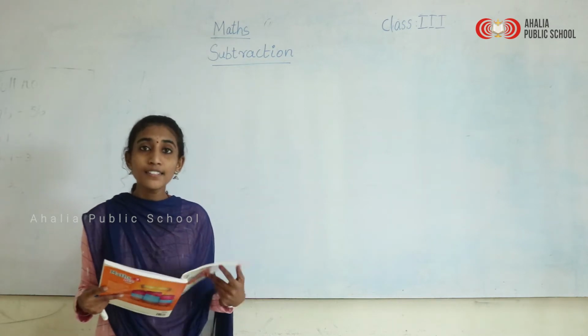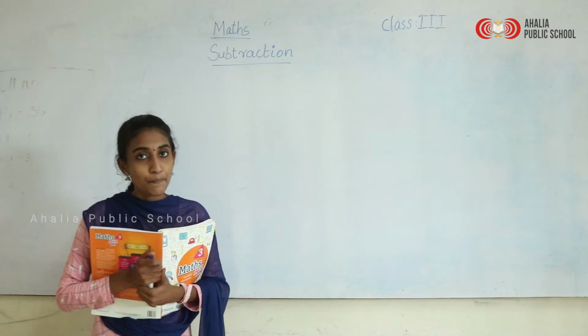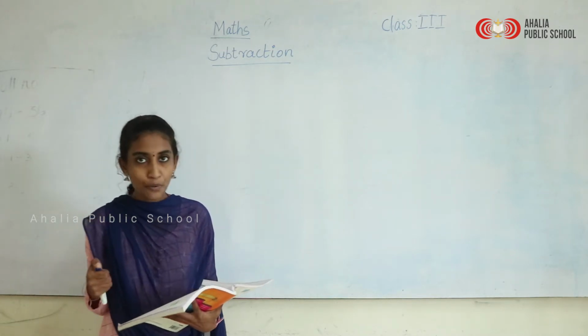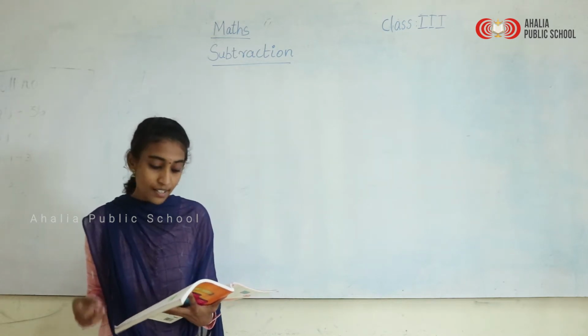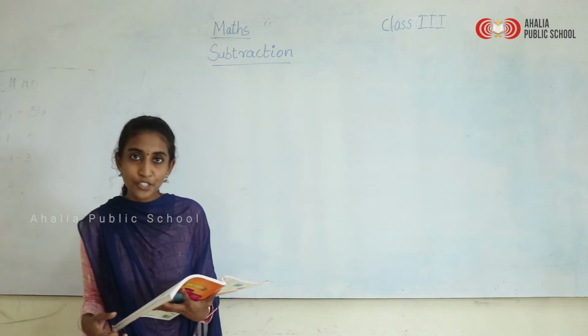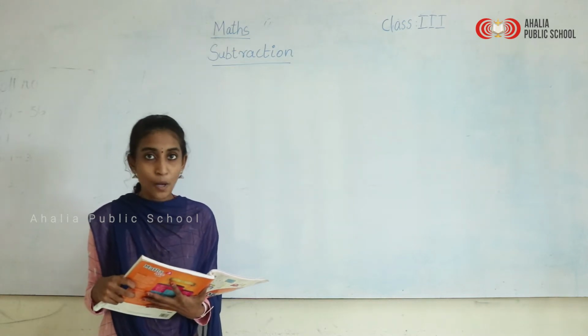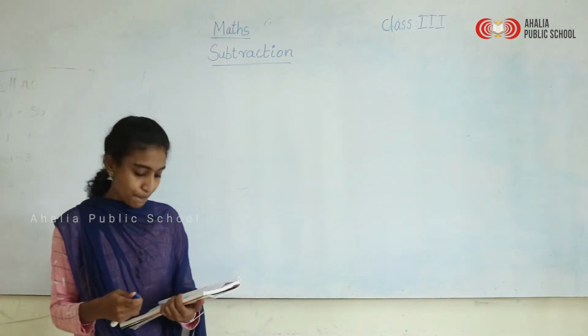That is our third chapter, right? So in the last class we discussed subtraction of 3-digit and 4-digit numbers with and without regrouping, and we also learned addition and subtraction together, checking subtraction through addition, and we solved many problems related to the topics, right? So today it's about properties of subtraction.